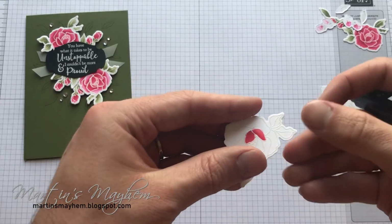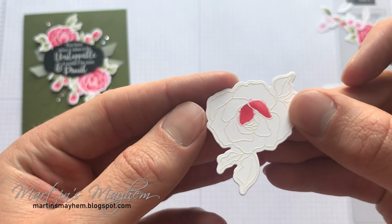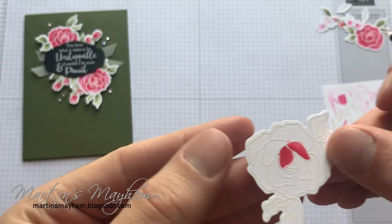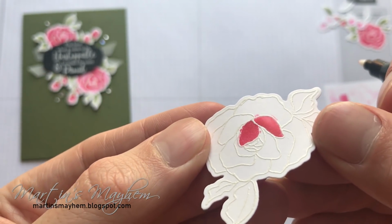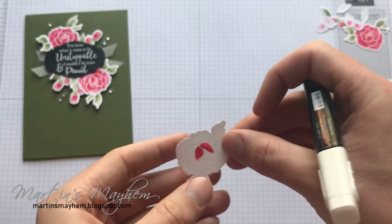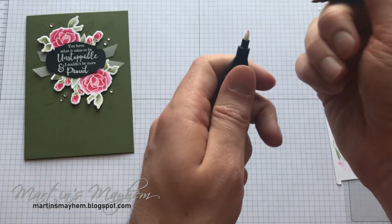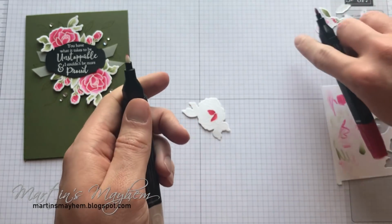So it is worth saying that the rose is heat embossed in Whisper White. So it's stamped with vellum and then heat set with Whisper White embossing powder. So that gives you the lines in which to work in. However, as you can see, I've gone onto it and I'm going to show you a neat trick afterwards so you can tidy it up,